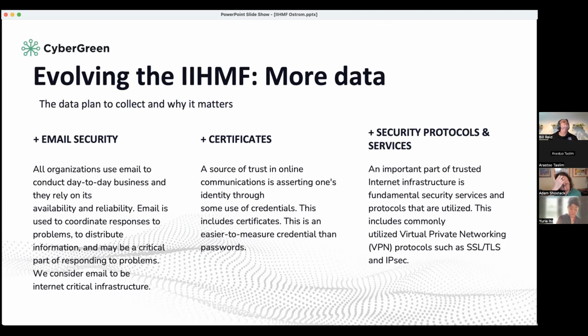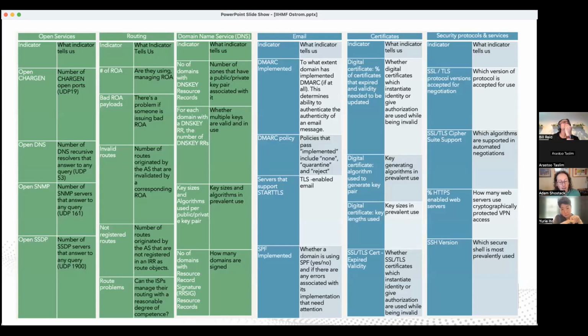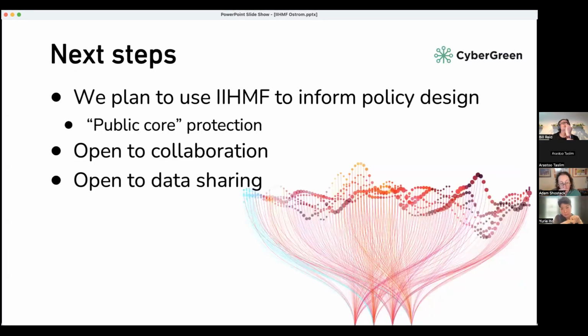Okay, so I did have this here. I mentioned that we're adding email security certificates and security protocols. And actually, we got to see the prototype email security tool yesterday. So that was an exciting little bit of progress. That's a backup slide. And so on the next steps, we're planning to use the IHMF to inform policy design,